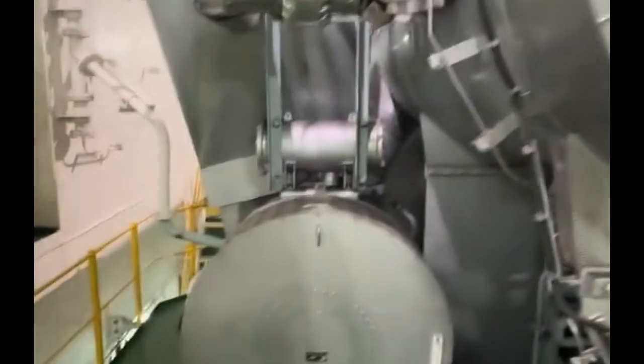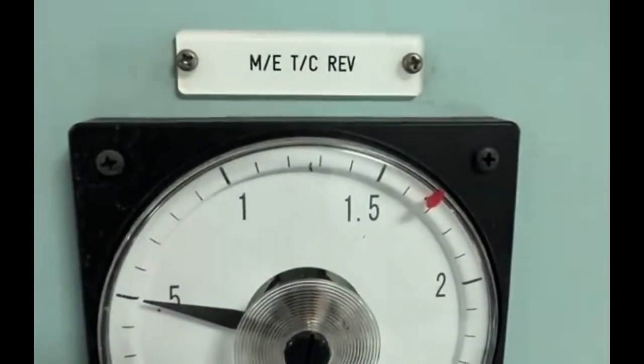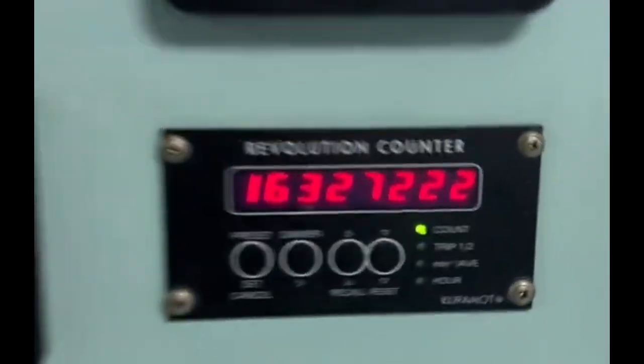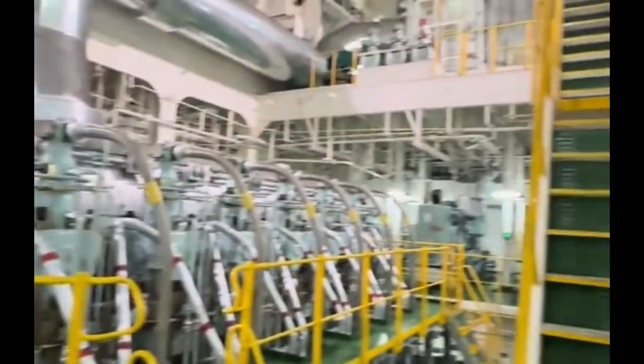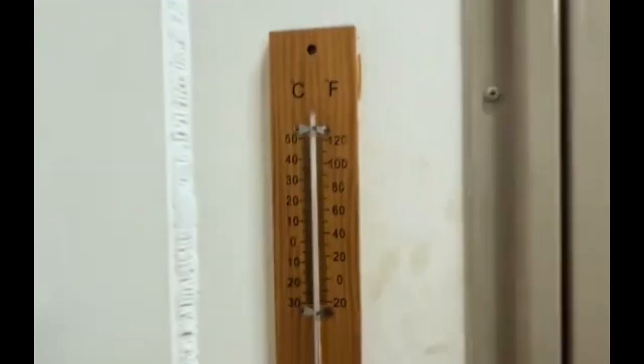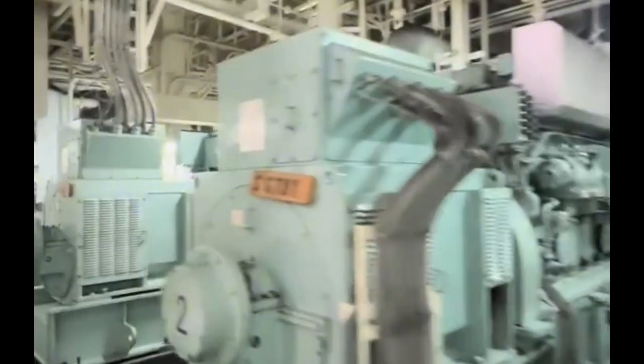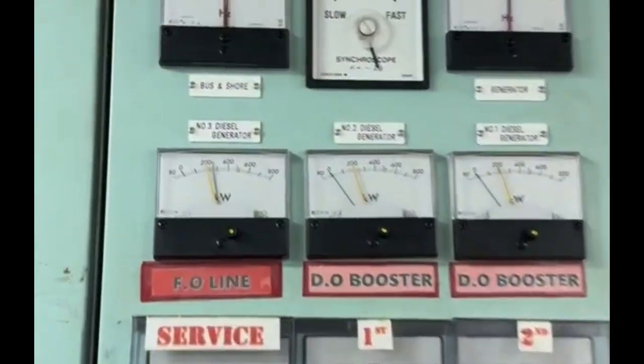turbocharger RPM, main engine load, revolution counter, RPM, engine room temperature, seawater pressure and seawater temperature. For auxiliary engine or diesel generator, the load in kilowatt,